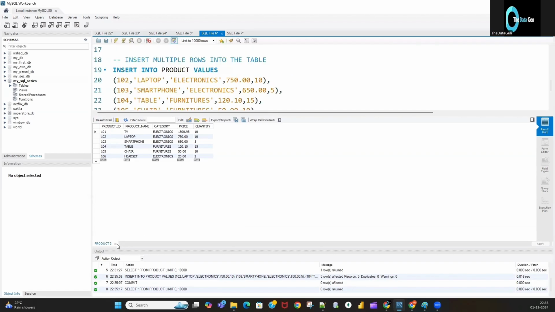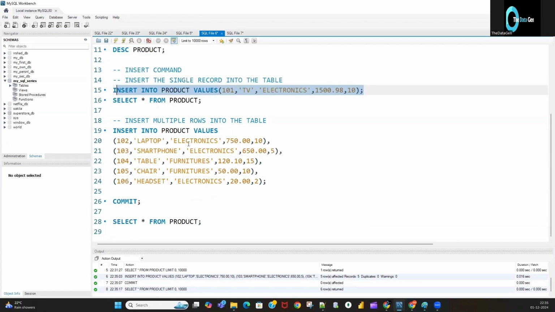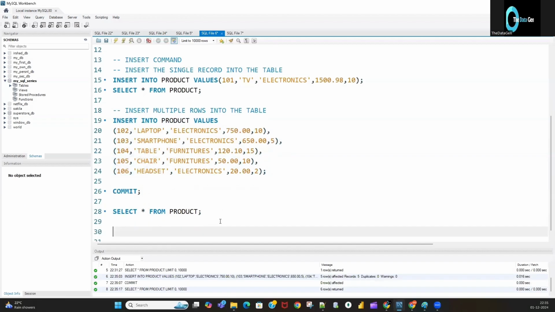If you want to insert a single record, you can use it like this, and if you want to insert multiple records at a time, that also you can perform in this way. So this will insert multiple records at a time. Now I want to insert a single record into